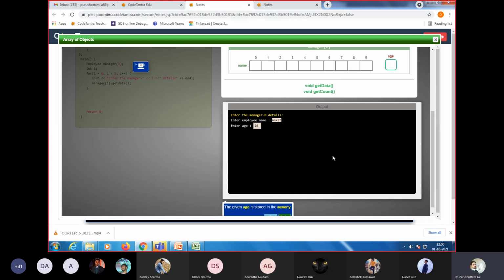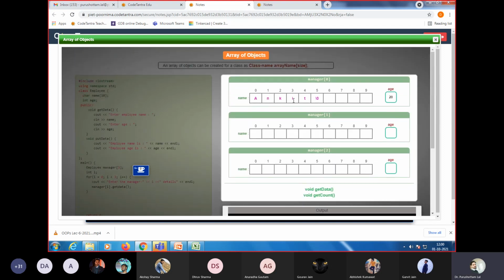It is also entered. You can see these, है ना, एज भी इनपुट हो गया और नेम भी हो गए। और जैसा कि हमने स्ट्रिंग में बात की थी, ऑटोमेटिकली नल कैरेक्टर आता है, तो अंकित के बाद देखो ऑटोमेटिकली नल कैरेक्टर यहाँ पे स्टोर हो गए, है ना।